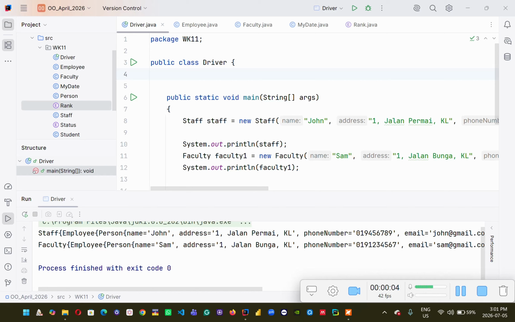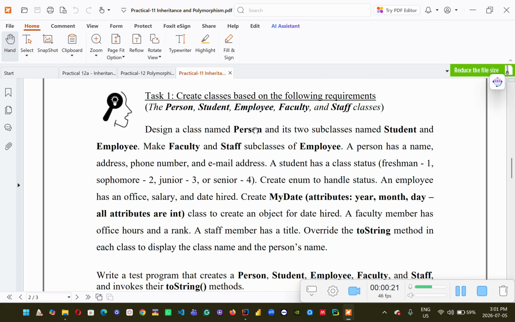In this video, I will walk through the concept of polymorphism and its implementation step by step. In my previous video, I already explained how inheritance can be implemented. So we go back to the practical level. This whole description is actually about